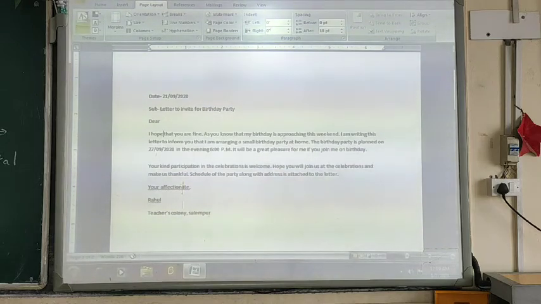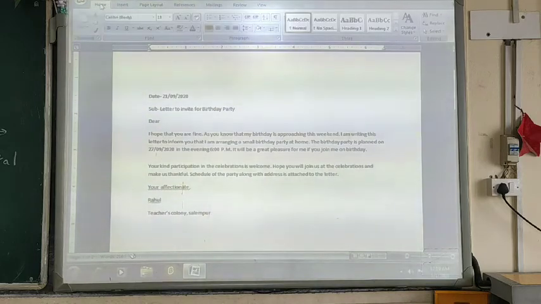I will perform the alignment on this document. For completing the alignment, what you have to do is go to the home tab. Click on the home tab, and within the home tab you can see the paragraph group is there, and suppose there are different paragraphs available here.